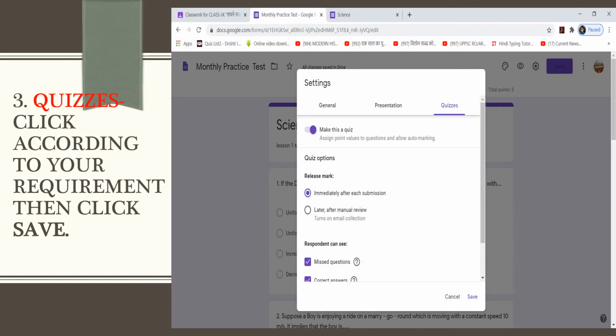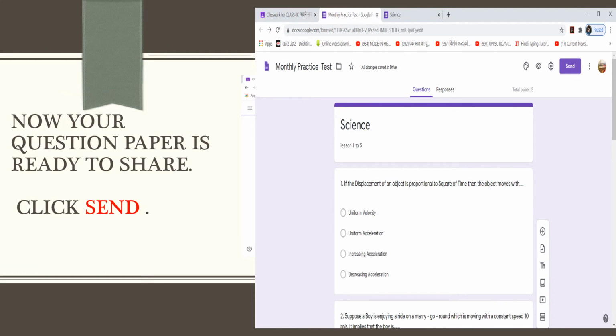After that, Quizzes. In this option, click according to your requirement and then click on the Save option. Now your question paper is ready to share.